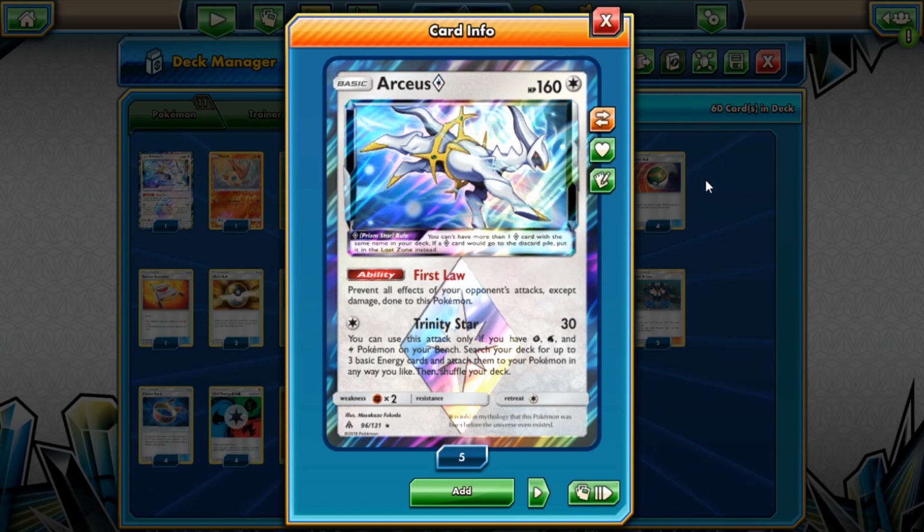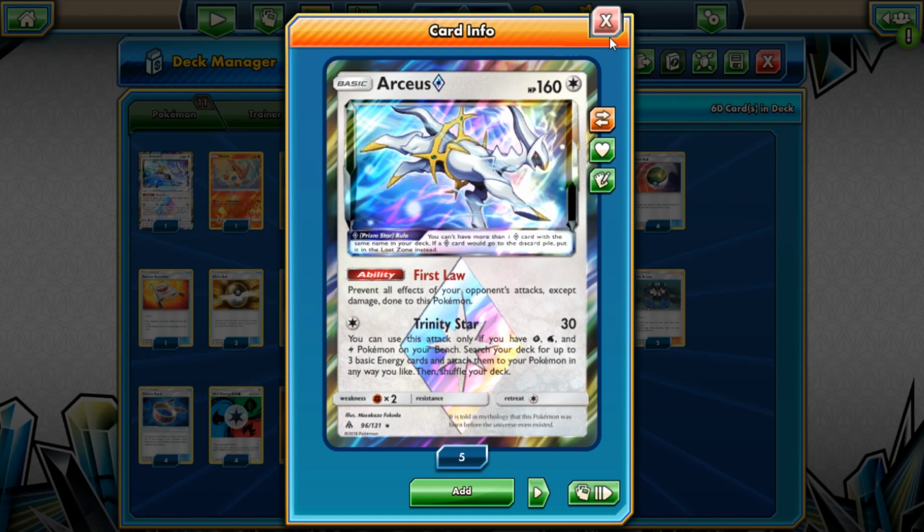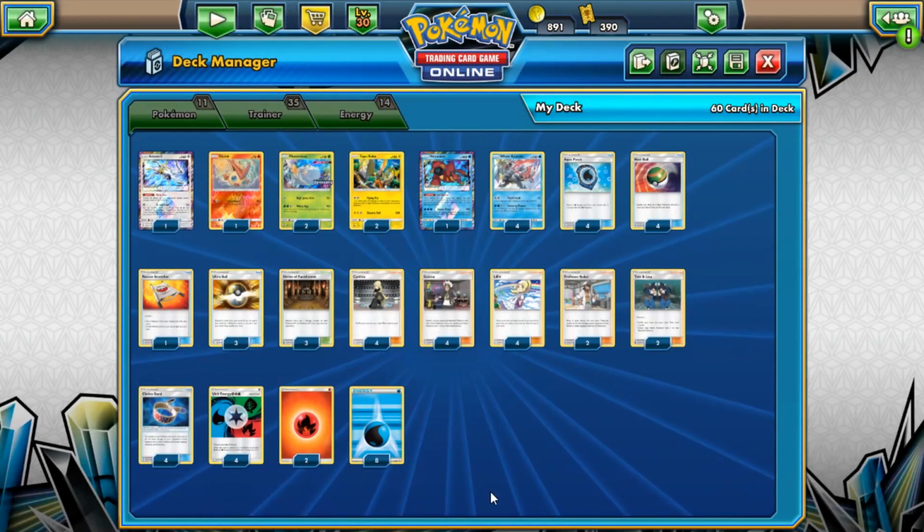You can search your deck for up to 3 basic energy cards and attach them to your Pokemon in any way you like, then shuffle. It has a 1 retreat, which is handy, and 160 HP, which is pretty handy, so it's going to be a little bit difficult to knock out quickly. It has a really powerful attack that can accelerate our energies,